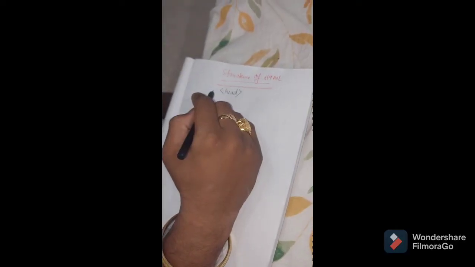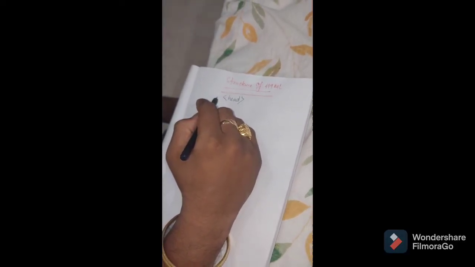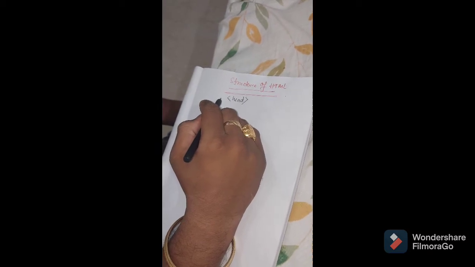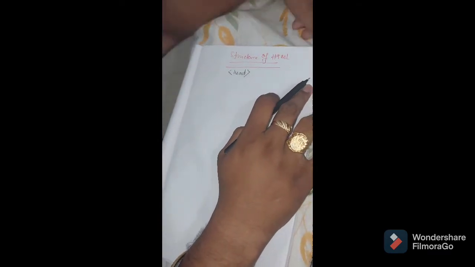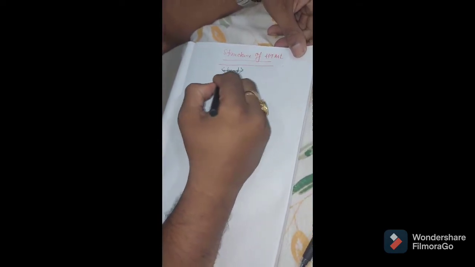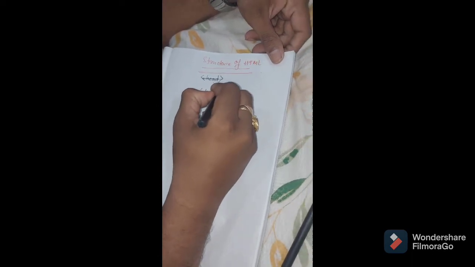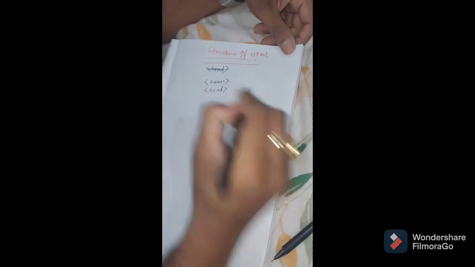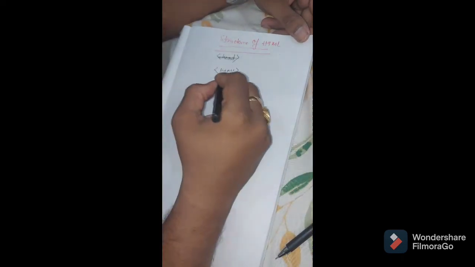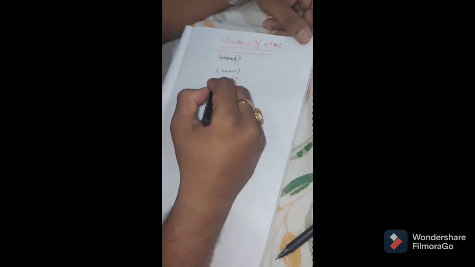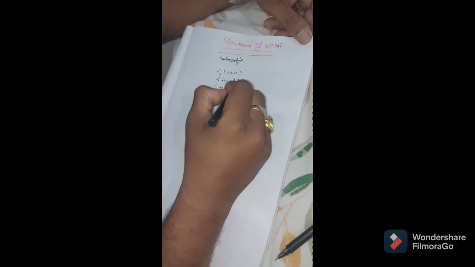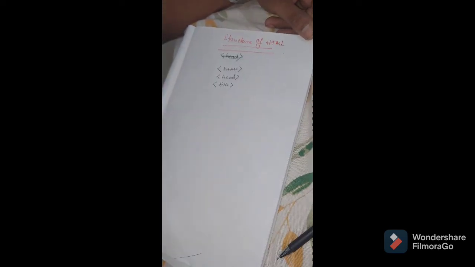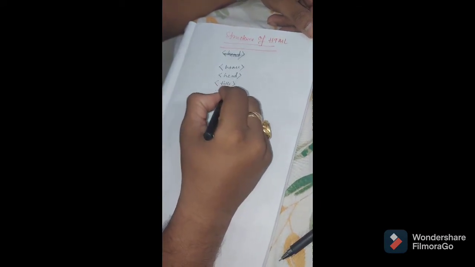Now coming to the structure of HTML. The structure of HTML is a collection of different tags. I am going to show you how actually it is used. The first tag for creating an HTML page starts with html, written within angular braces. The second one will be the head. If you want to put a heading, you can put that over here. Then we give some title, so go for the title tag.